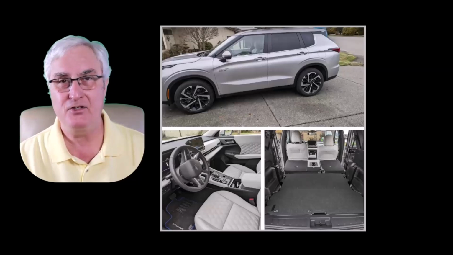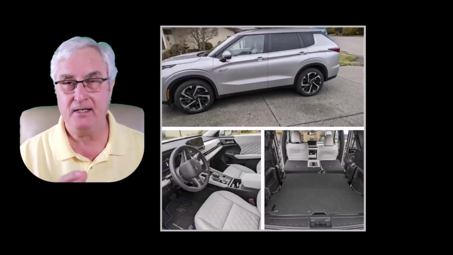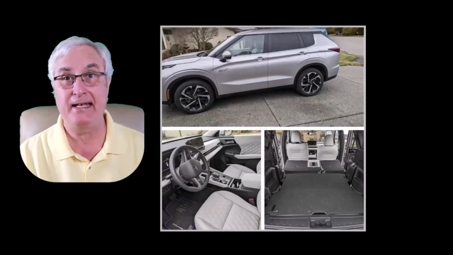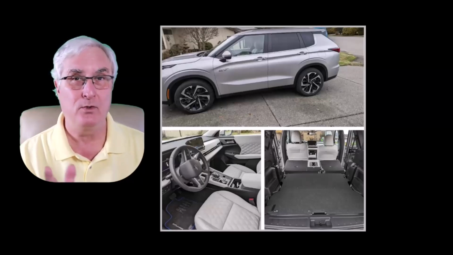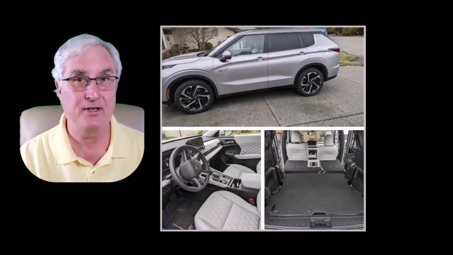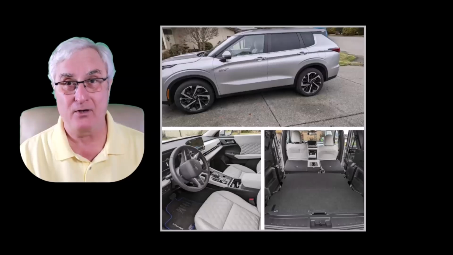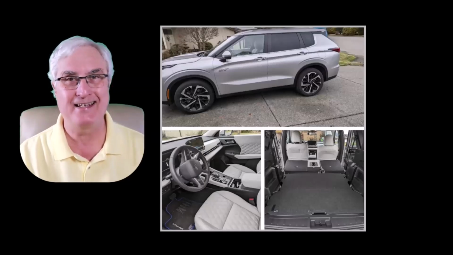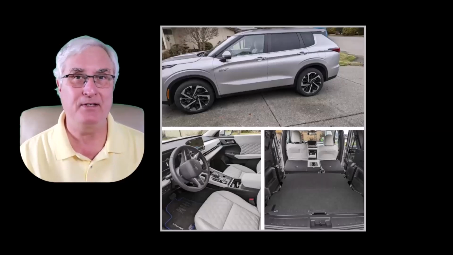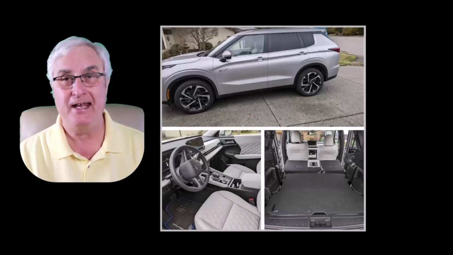Now, as I mentioned to you, my vehicle has, of course, an internal combustion engine. Well, this vehicle, although it's a hybrid, does not have an internal combustion engine. Well, how does it get its power? Well, of course, it's powered by battery, but yes, you put gas in it and fill it up. But what happens is that the engine in it is actually a generator. It generates